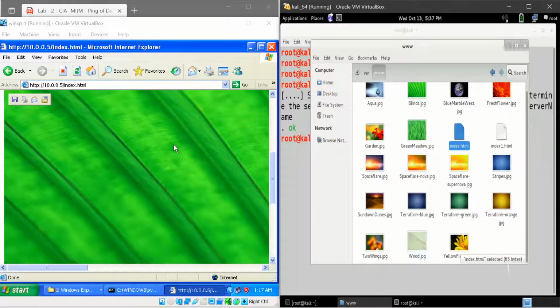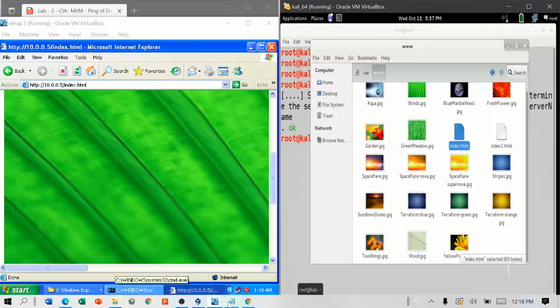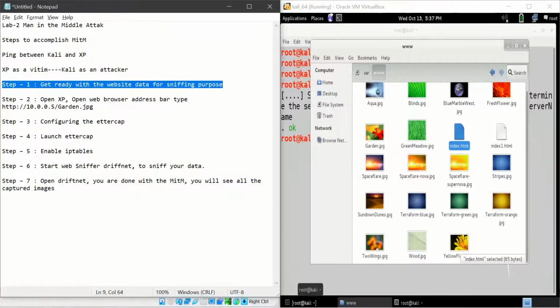Whenever the user browses some internet, in this lab we are using Kali as a web server as well as attacking server, and XP as a victim. So let's take the note here.